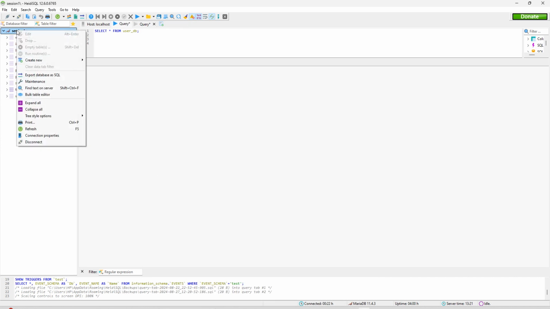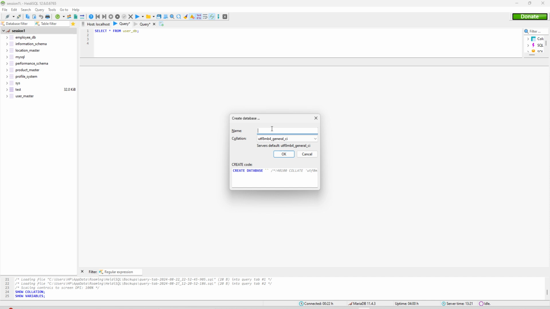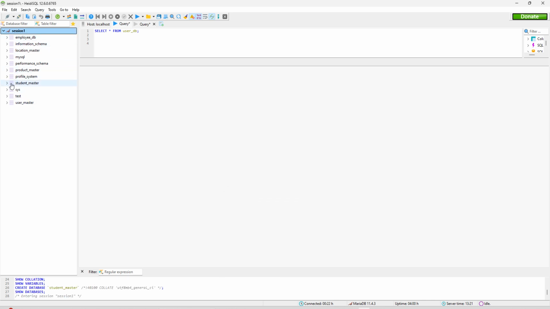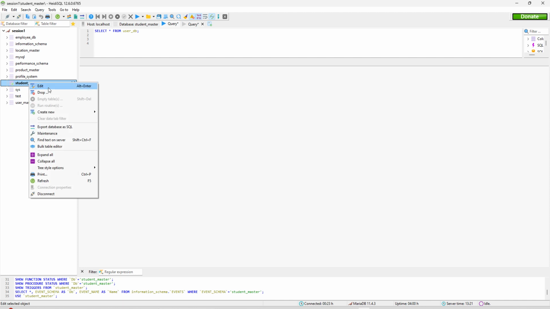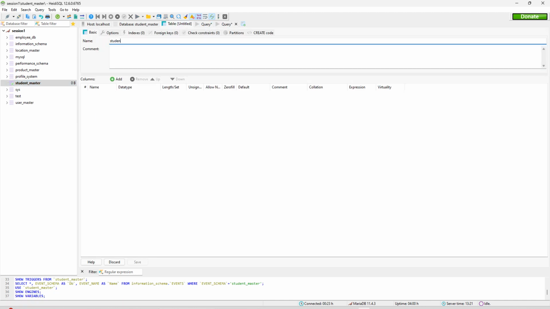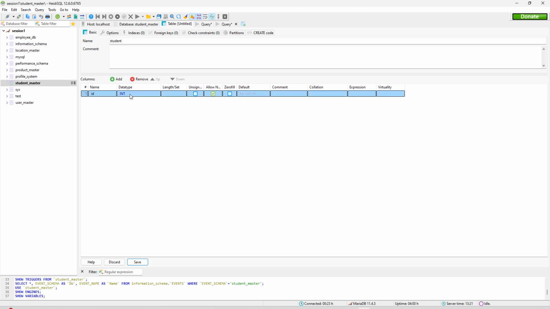Now you can click on the session. Here you can see the create new database option. Here you can name your database, like in our case, let's say, student underscore master. Inside this we can create one new table with the name student, and here we can add the columns, like let's say it's an ID, and we can use